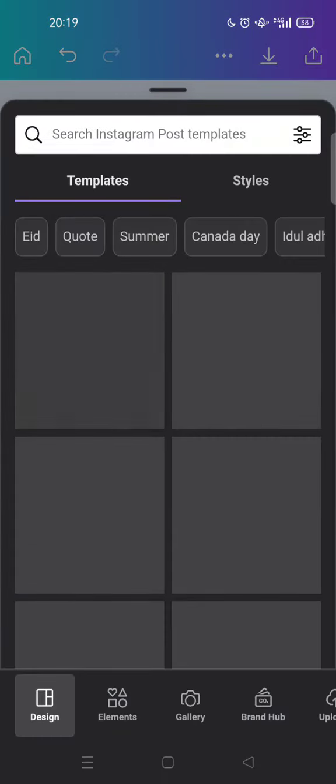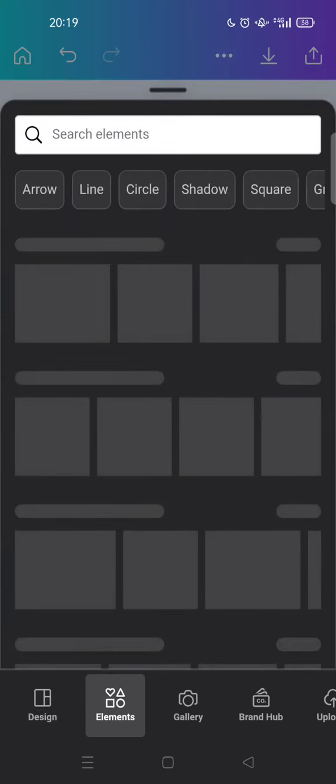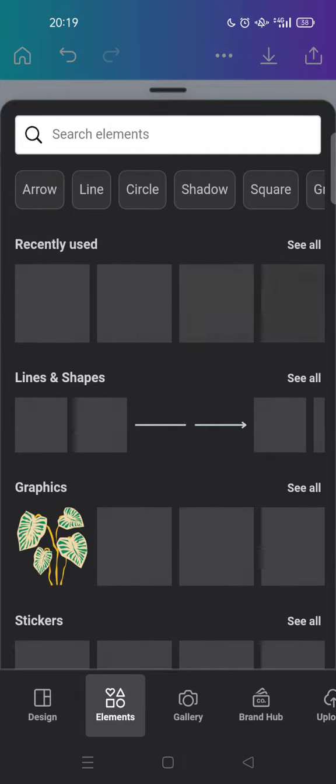On today's video, I'm going to show you how you can find and use the stem vintage element for your design in Canva. So here I've already opened a blank design and I want to add the stem vintage into my design. So just click on the plus icon at the bottom and search for the stem vintage under the elements category. Click on the search elements box at the top,